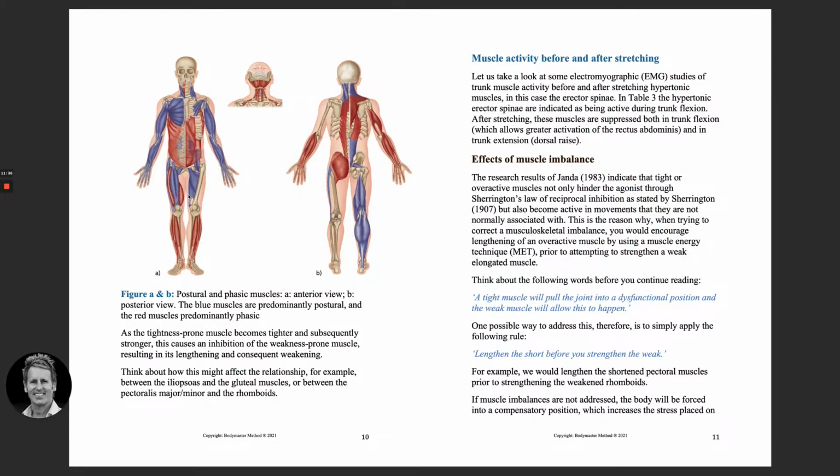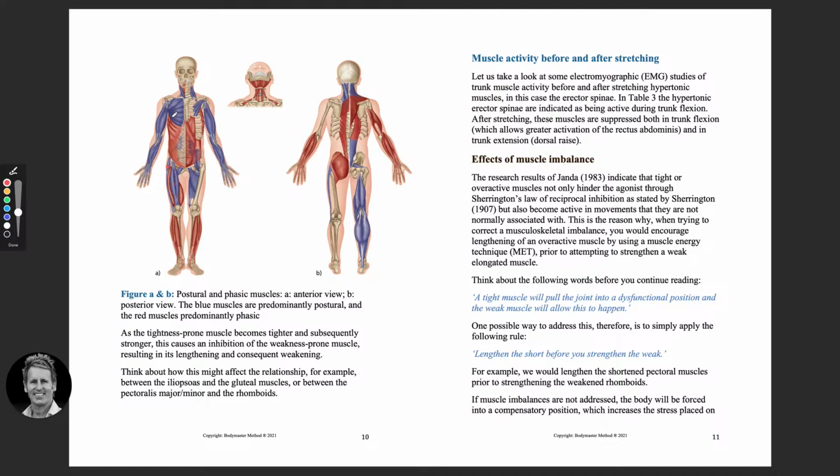This was quite a nice picture. These are taken from books I've written. And this is the whole body along here. So the purple muscles, like the adductors in this case, the rectus femoris, the adductor muscles in here, the